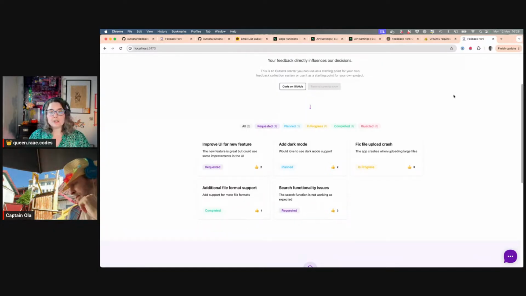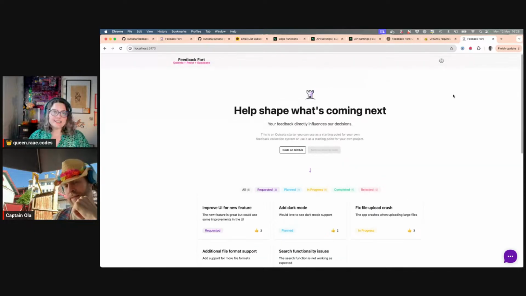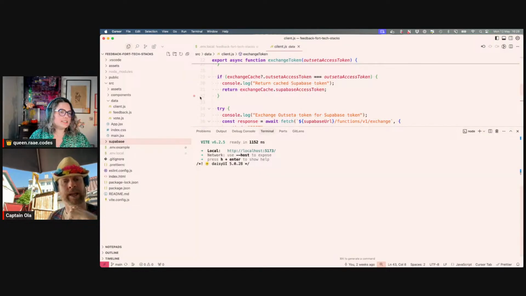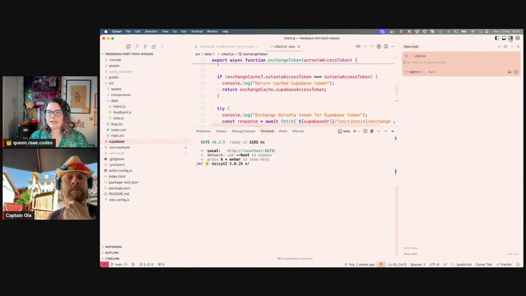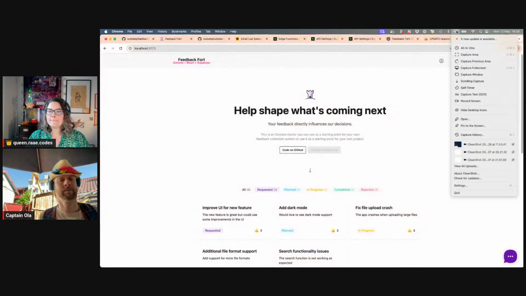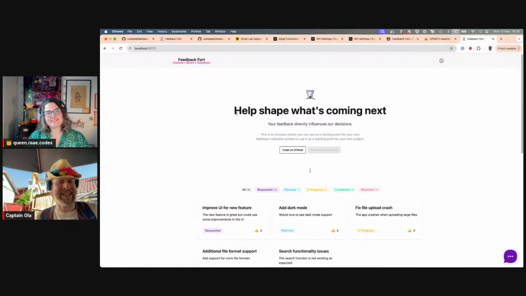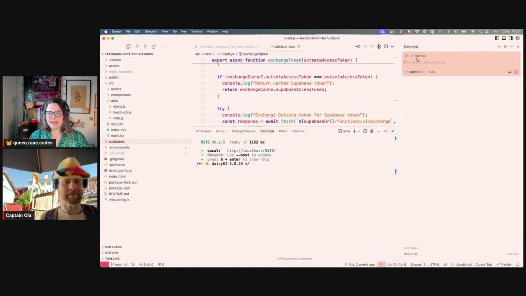So we're going to recreate this full app in all kinds of tech stacks. So when this gets deployed, you want to go and vote and suggest your own tech stacks. So let's start by heading over to, we should use AI. Let's try to use AI. I never use AI, by the way. What I'm doing is I took a photo of this, and then I upload the photo,